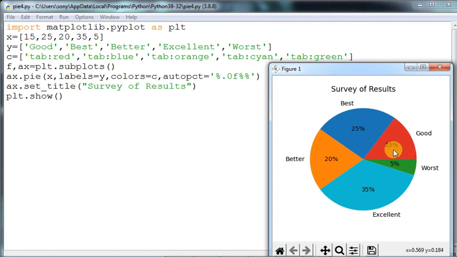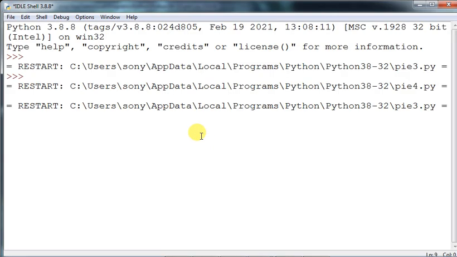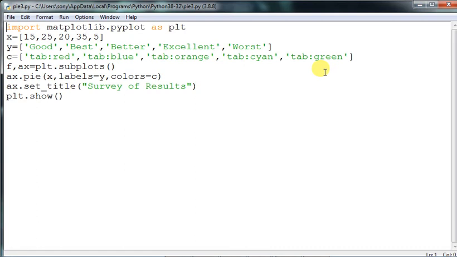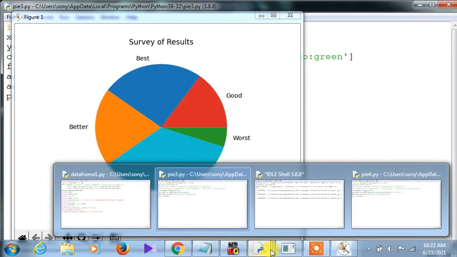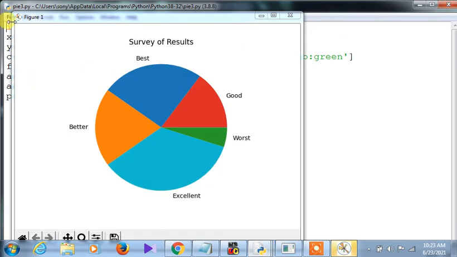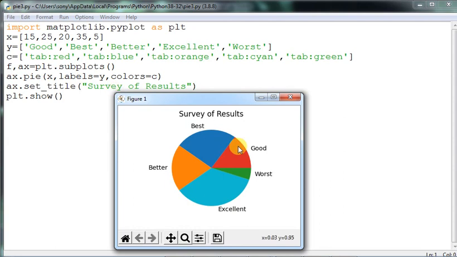And auto PCT, in the previous pie chart, it was not showing the percentage. It was not showing the percentage. Let us take this one side by side also, then you can understand the difference. Let's see what is the difference first of all. With this program what is the outcome, and with that program what is the outcome? Let it come once. Now you see out here, you will be able to understand. In the previous program, auto PCT has not been given, so the percentage was not there.